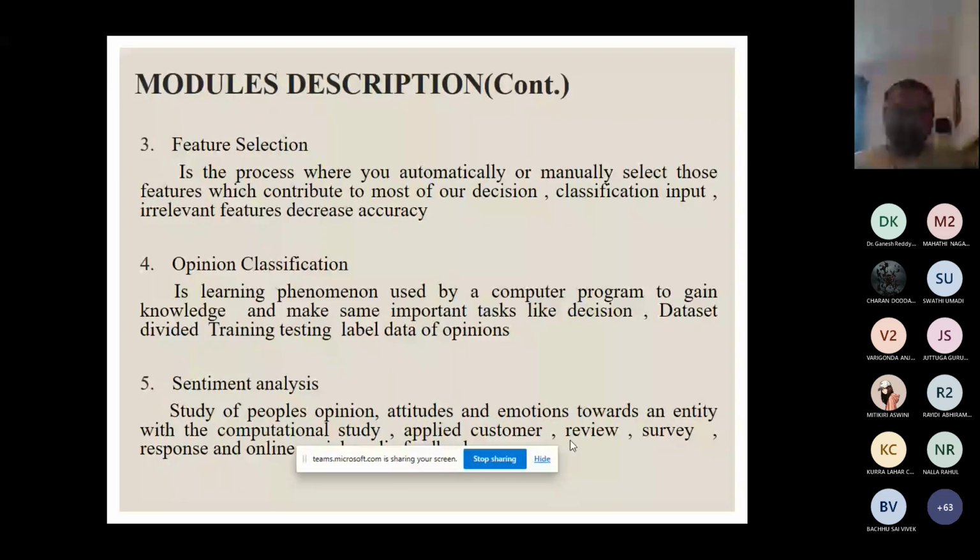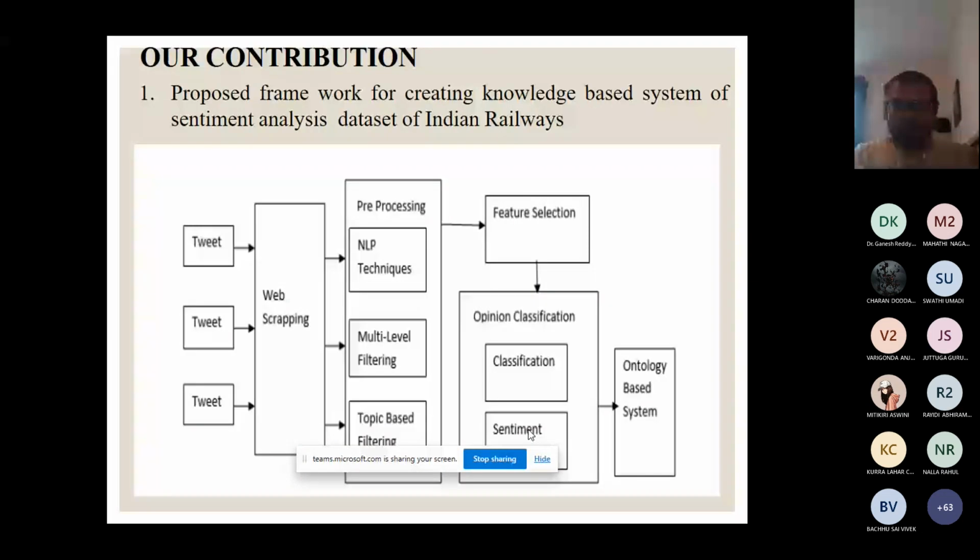Now, I have talked about this architecture. Again, I am telling, this is the main architecture, the framework. This is the workflow of anyone working on artificial intelligence or on machine learning and deep learning. This is the same workflow. Added to that, I have a knowledge based system, of which one approach is ontology. So social media data we are getting with the APIs. Then we are doing processing, applying different NLP techniques with tools like NLTK. Then we do the extraction, feature selection, and apply classification. And this is the approach for contribution.